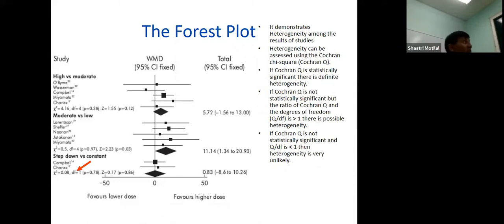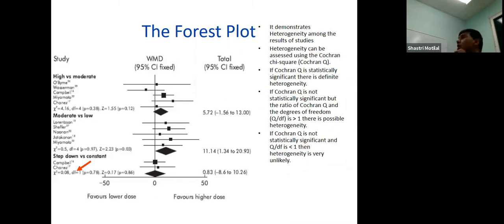Not significant. And if the p-value is less than 0.05, we say it is significant. But anytime you see a p-value testing a hypothesis, you have to ask yourself, what is the hypothesis being tested? The null hypothesis says null, no difference. So the null hypothesis says there's no difference in the heterogeneity. In other words, these studies are homogeneous. Get that? So the null hypothesis says these studies are homogeneous, they're similar.